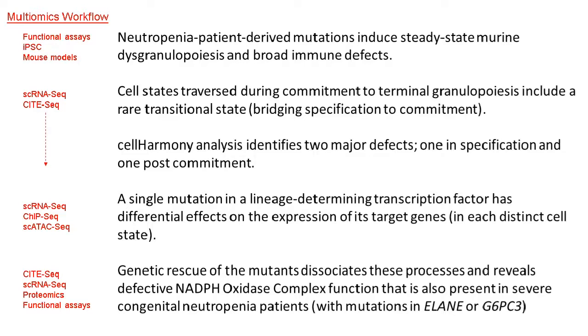Next, we utilized single-cell RNA-seq and CITE-Seq to better understand normal terminal granulopoiesis before moving on to analysis of our mutant. This analysis allowed us to identify two separate defects, one in specification and one post-commitment. Further analysis using single-cell RNA-seq, ChIP-seq, and single-cell ATAC-seq allowed us to precisely determine that a single mutation in a lineage-determining transcription factor has differential effects on the expression of its target genes in each distinct cell state, highlighting the importance of analysis in separate cell states, as well as the importance of properly assigning mutant cells to their corresponding